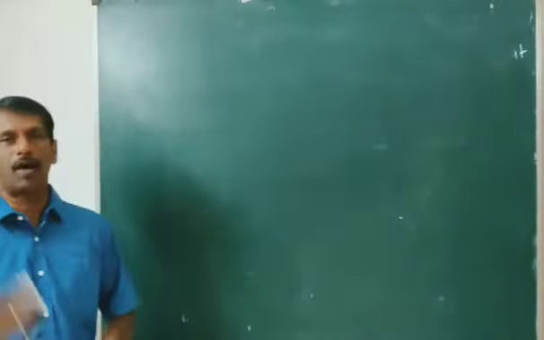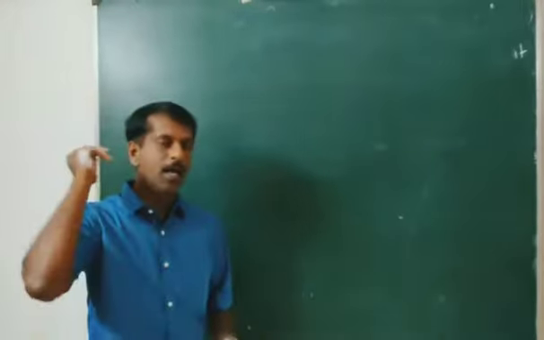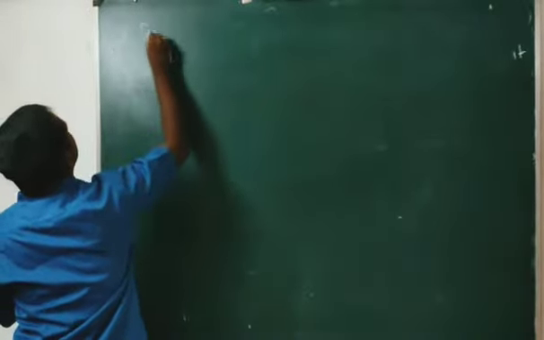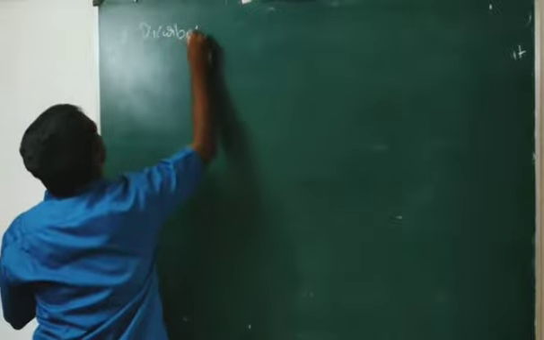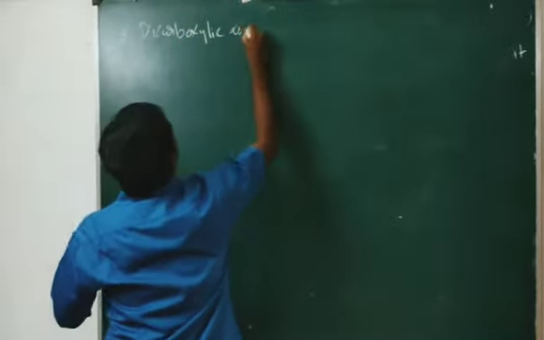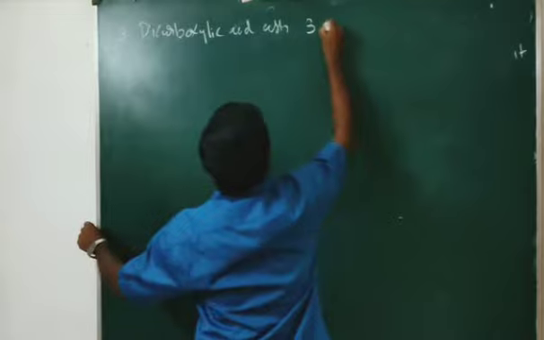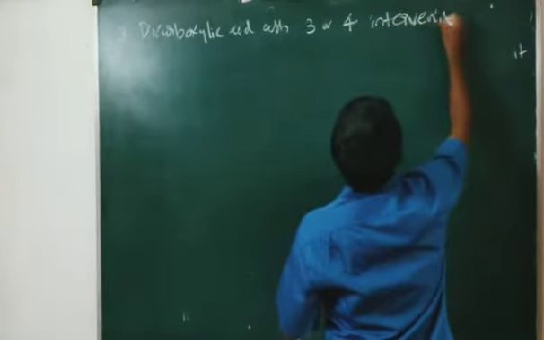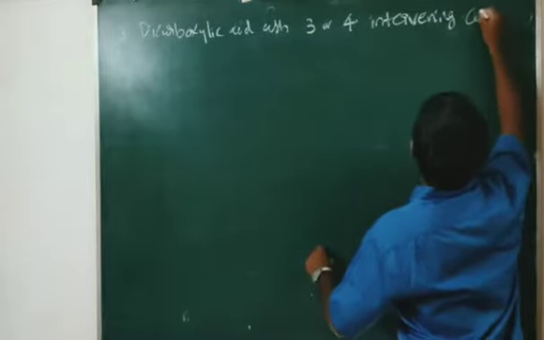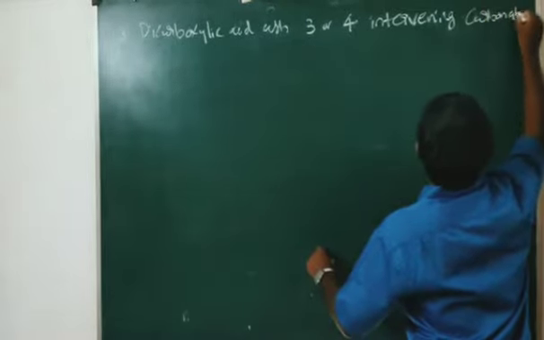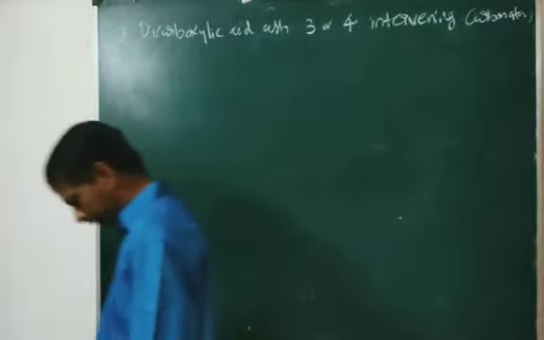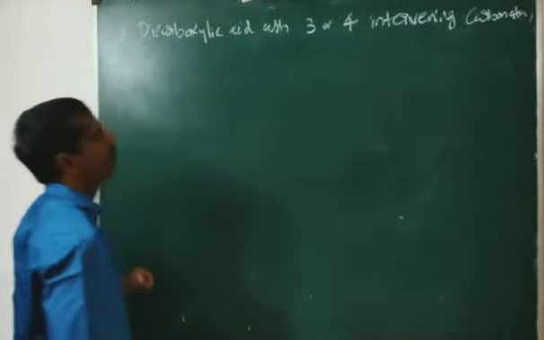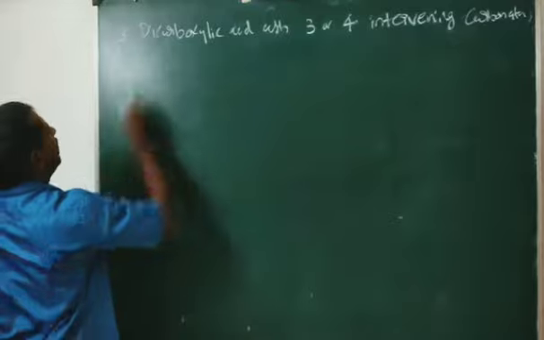Now, first case: dicarboxylic acid with 0 or 1 intervening carbon atom. Second case: 2 or 3 intervening carbon atoms. And third case: dicarboxylic acids with 3 or 4 intervening carbon atoms. This type of dicarboxylic acid, that means dicarboxylic acid with 3 or 4 intervening carbon atoms, on heating